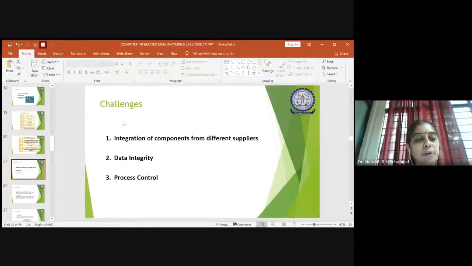Even though it has beautiful advantages, like a reduced amount of error, there are some challenges in SIM which have to be addressed and overcome. What are these challenges? One is the integration of components from different suppliers. I told you, looking at the SIM wheel, you can easily say that all the things could be gathered and structured in the architecture system, right? But gathering all this data and integrating all these components and their information into a single repository system is very difficult, and it takes a large period of time. So it is very difficult and challenging.